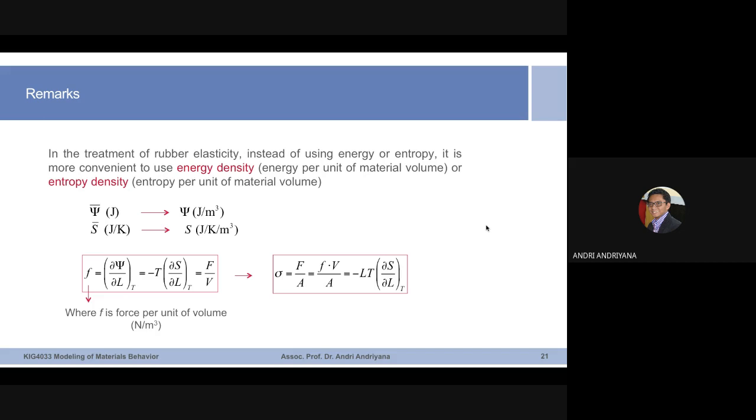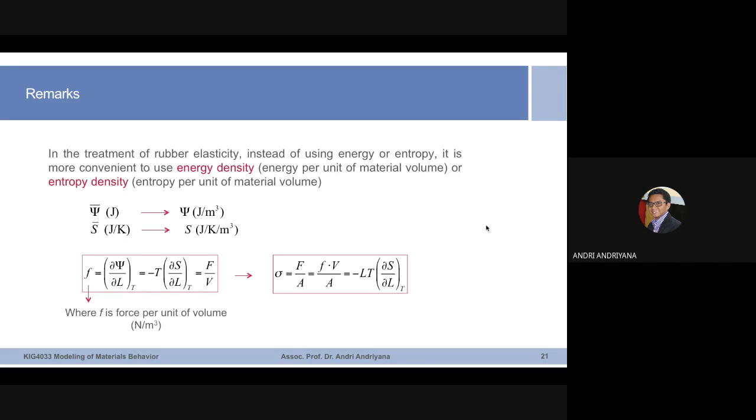Now, before I proceed, there are a few things here. All this while, when we talk about the thermodynamics of deformations, we talk about free energy and entropy. The free energy unit is joule. The entropy unit is joule per Kelvin. In the treatment of rubber elasticity, it is much more convenient to work in the form of density. If you talk about energy, it is energy density, which means energy per unit volume of the materials. If you talk about entropy, it is more convenient to talk about entropy density, which means entropy per unit of